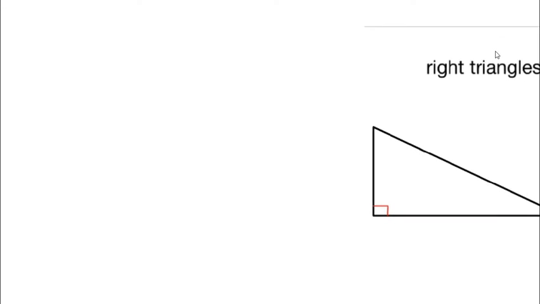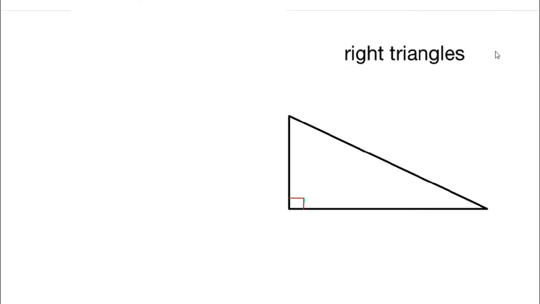Today's topic, special right triangles. Before we talk about special right triangles, let's talk about right triangles in general. What are right triangles? Right triangles have a right angle, in other words, a 90-degree angle,